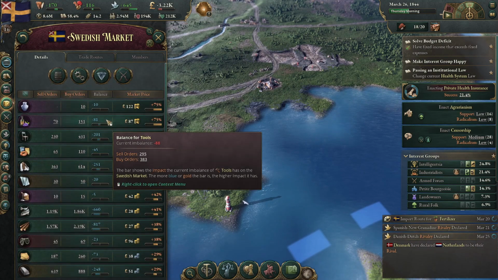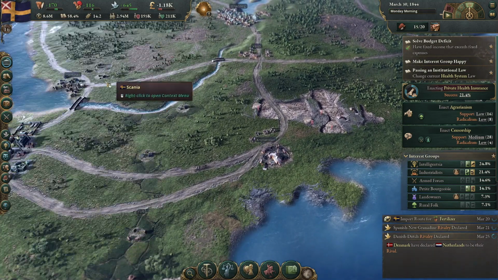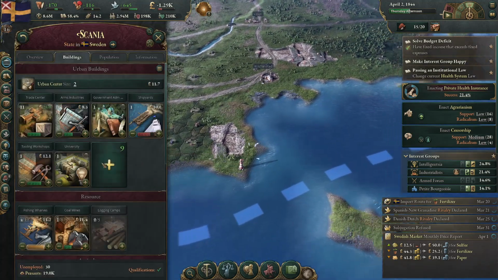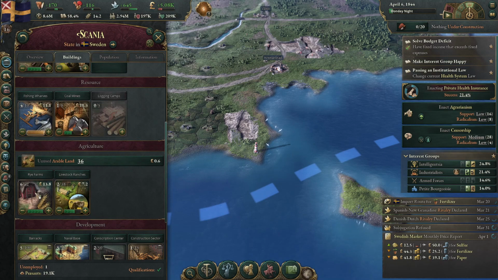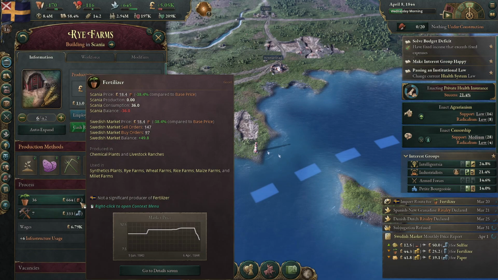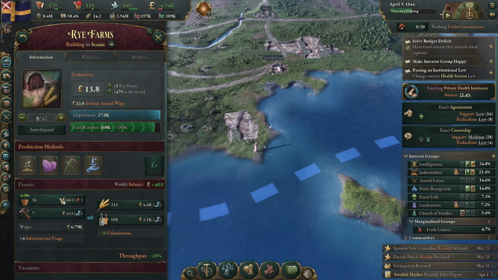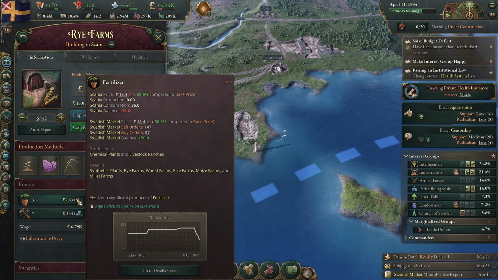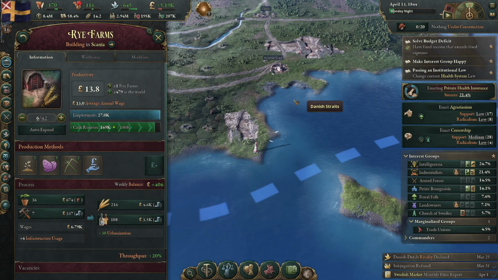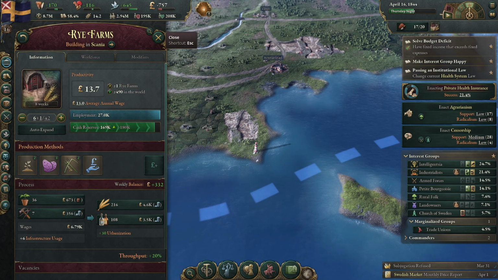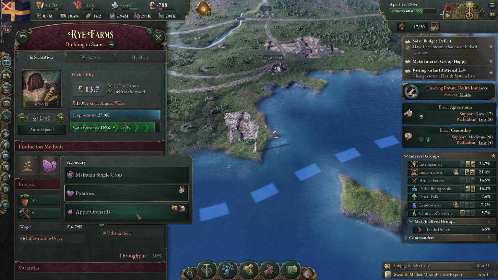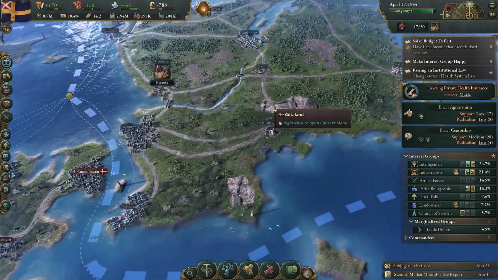Okay. Back to Scania. It's a coal mine. It's the rye farm. Right, so we reduced the cost of fertilizer to nothing. Wow. That means that we could auto expand this rye farm here. What are you producing? You're producing liquor and grain. I mean, if the food is cheap,